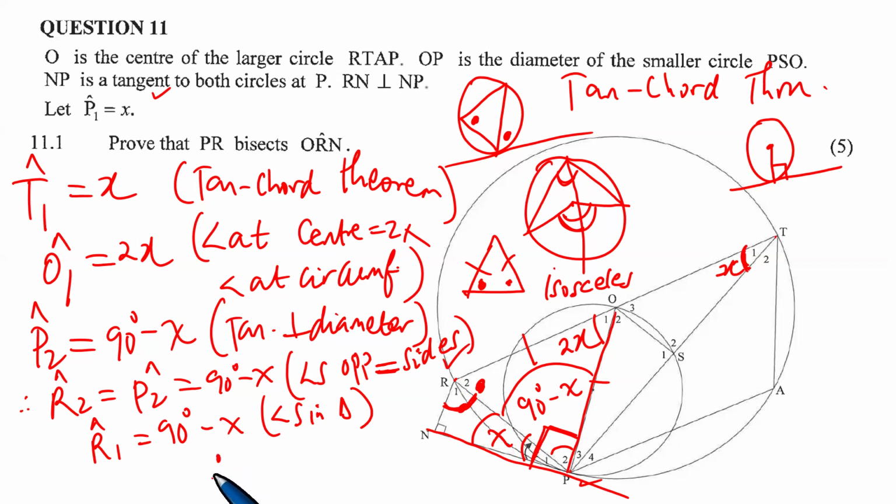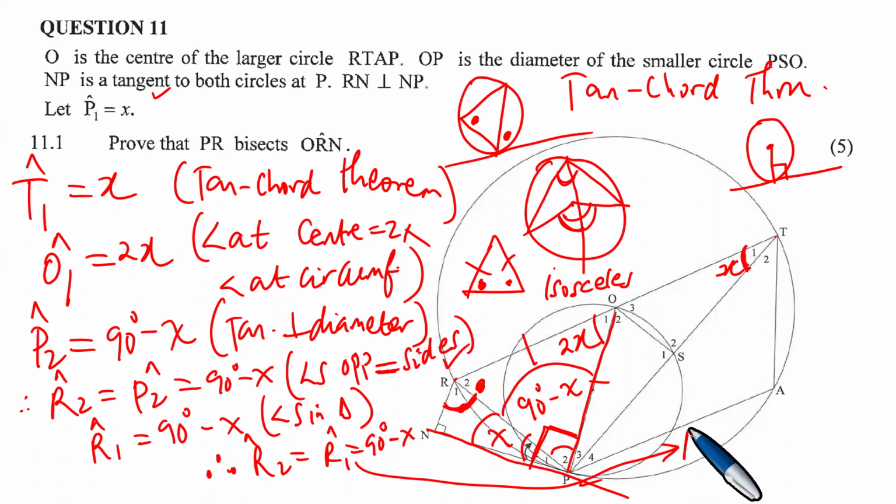And what is then the conclusion about everything here? The conclusion about everything is that the angle R2 is equal to the angle R1, which is equal to 90 degrees minus X. And then what is the conclusion? The conclusion in the end is that